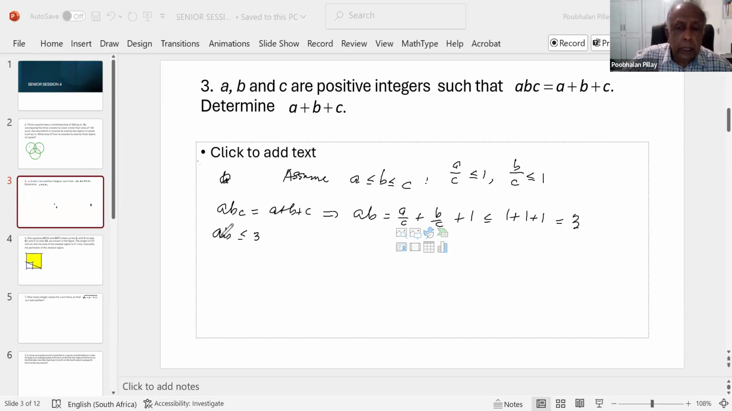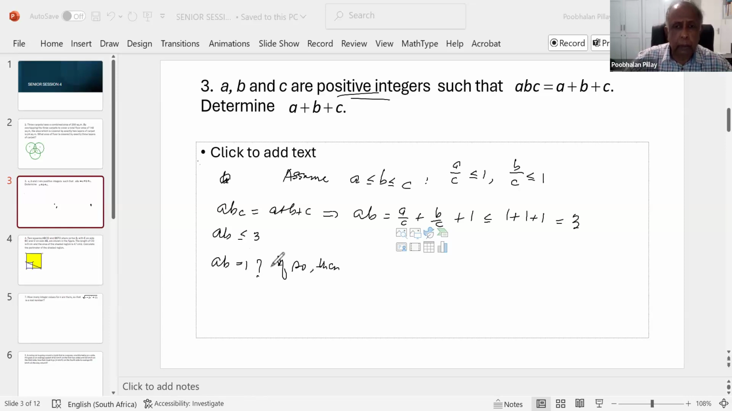So now you've got the product of two positive integers is less than or equal to 3. So what are the possibilities? You can have AB equal to 1, right? Okay, is AB equal to 1? Let's just see whether that is so. All right, if that is so,